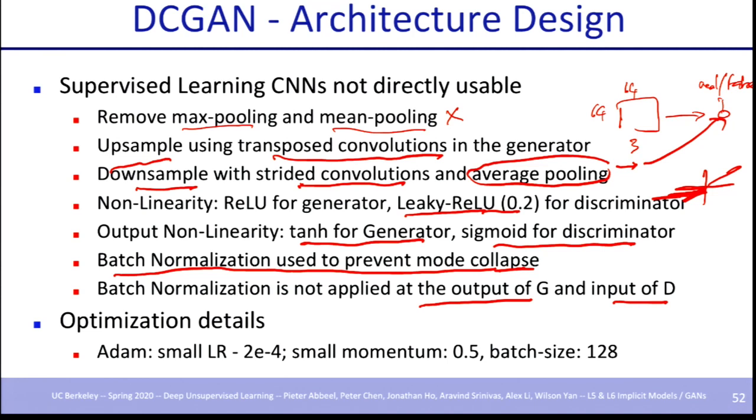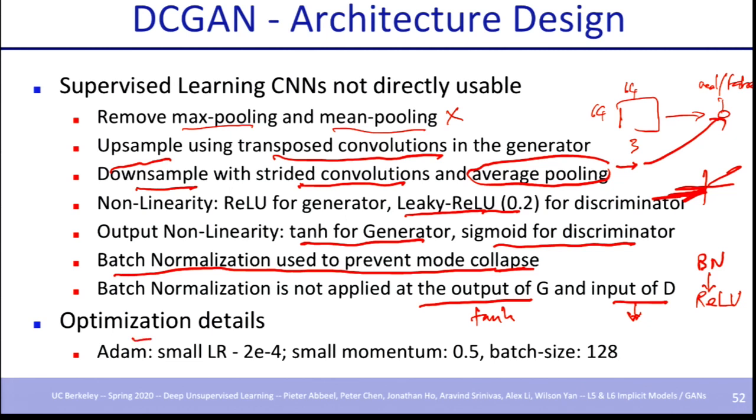It's because batch norms are usually applied before a ReLU or a leaky ReLU nonlinearity. You always follow up a batch norm with a ReLU. And at the output of the generator, you have a tanh nonlinearity, and at the input of the discriminator, your generator outputs are actually already in a normalized range. And your input from the data distribution will also be normalized already, to lie between -1 and 1. So there's no need to apply a nonlinearity there. So it's a pretty principled choice not to use the batch norm at these two locations.